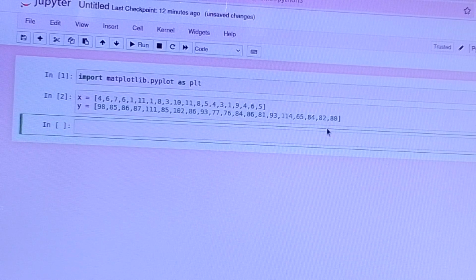Now shift plus enter. Okay, now let's plot this. Let's plot a scatter plot for these x and y data points. So for that I will write the code. Since I have the plotting library, which is matplotlib.pyplot as plt, I will write plt